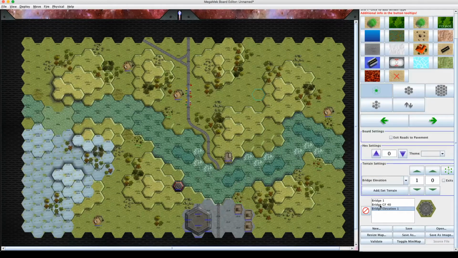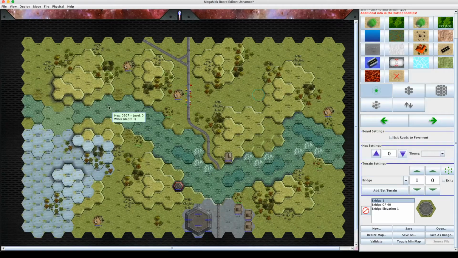But so we've got bridge CF, and bridge category, which is just like light hardened. So again, another thing in map design is to think about your bridges. Are they going to be civilian footbridges, or are they going to be industrial bridges that mechs can walk over? Because everyone gets frustrated when they don't read the tooltips and then they get on a bridge and it collapses underneath them. Now, if I just stick this bridge, and I'm going to use the overlay tool,